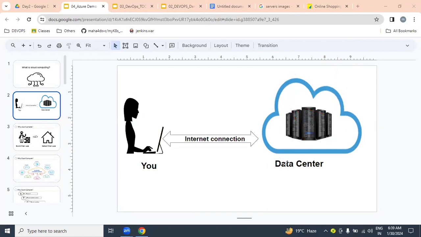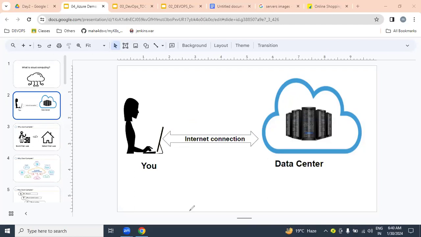From these data centers, if we can access resources like servers, database, network storage over the internet from a laptop, that is nothing but cloud computing.